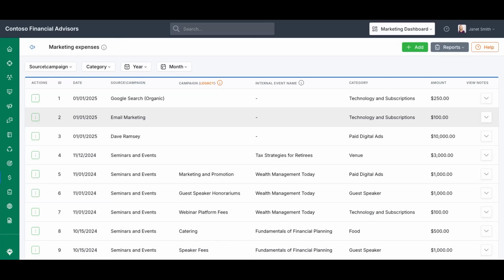In this video, you'll learn how to track your marketing expenses in LeadCenter. Adding your spend here gives you full visibility into cost breakdowns across your marketing efforts, helping you understand what's working and what's not. You'll be able to track cost per campaign, cost per lead, cost per appointment, and overall return